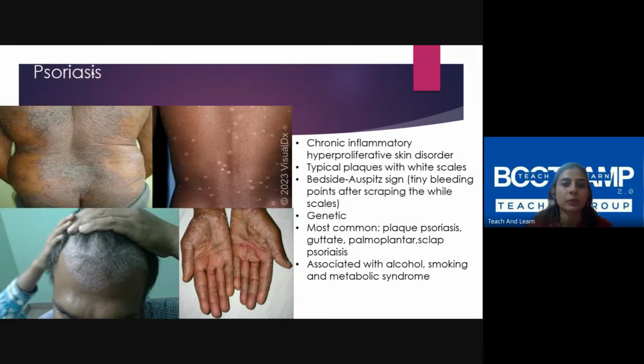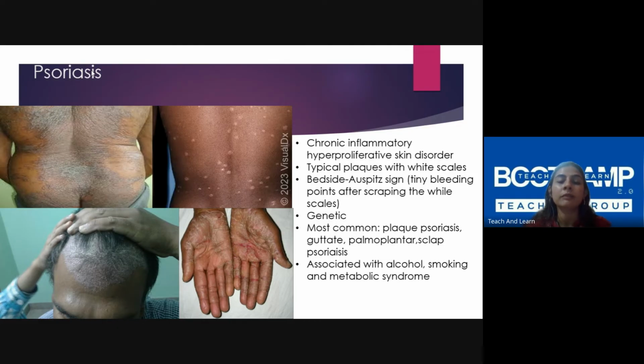So next would be psoriasis. We had actually put a psoriasis picture in the quiz. Surprisingly, a lot of people got that wrong also. So here, maybe it's the picture problem, but when you see a patient with psoriasis, if you see 5 to 6 patients, then you will understand how different it is from other lesions that you normally see.